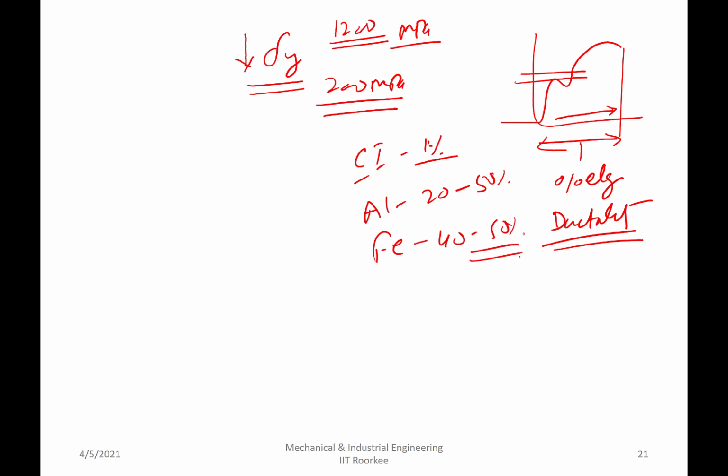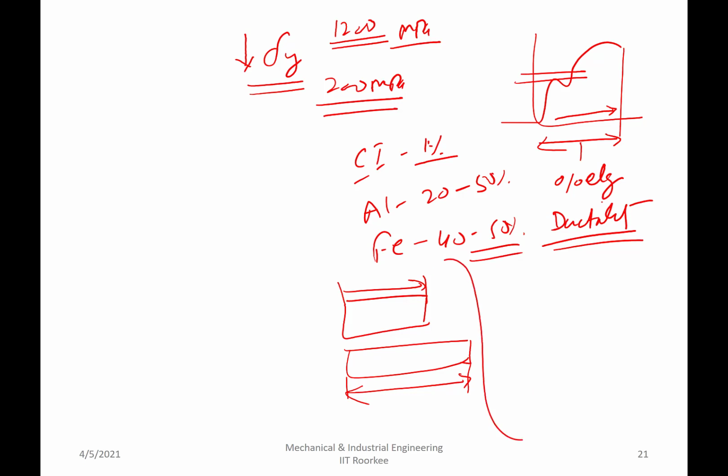So what is the meaning of that? You can elongate the metal by half of its length extra before the fracture takes place. So as compared to its original length, what is the length by which it can be deformed? How much it can be elongated prior to the fracture. So the material must be able to deform, the material must have ductility, the material must have elongation, and the material must have the yield strength, low yield strength. Otherwise you cannot apply this approach.